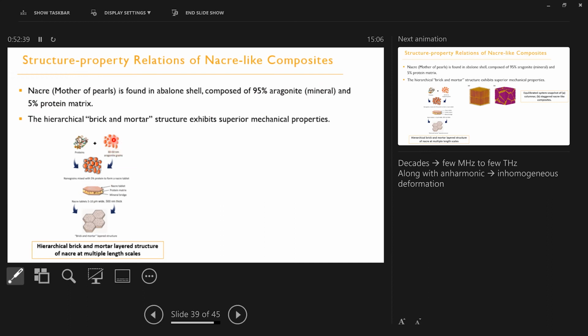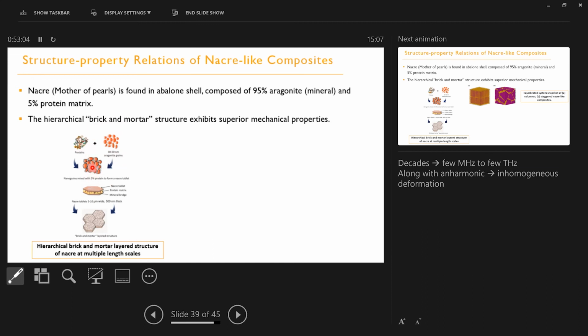Okay, so the schematic here, I'm not sure how many of you can see it. These are small grains, typically of the order of 30 to 50 nanometers. These are aragonite grains, and the polymer phase acts as a glue to hold together these inorganic states. Okay, overall it looks something like this, and this structure is what is called a hierarchical structure. Okay,